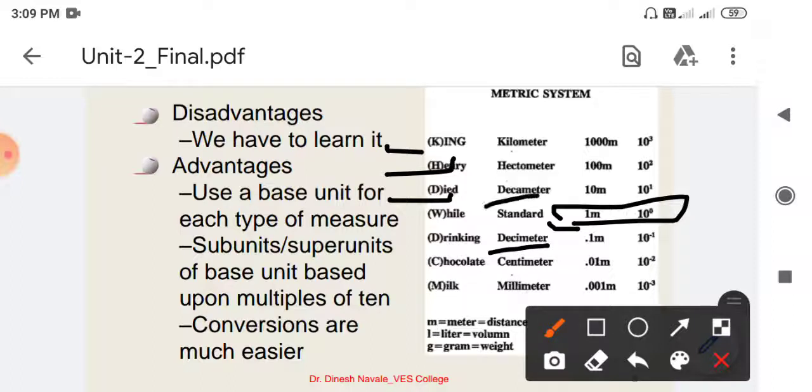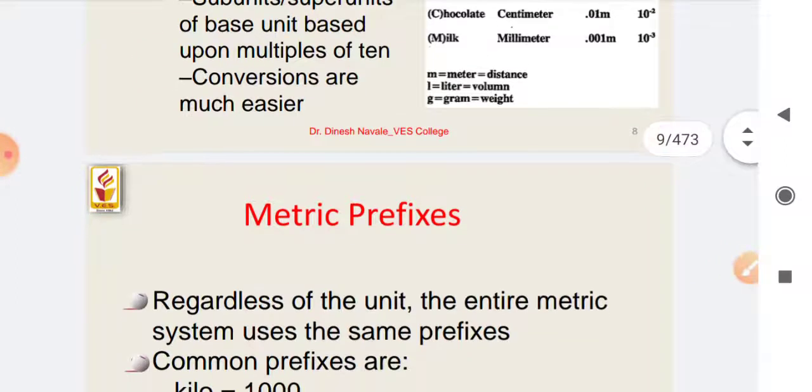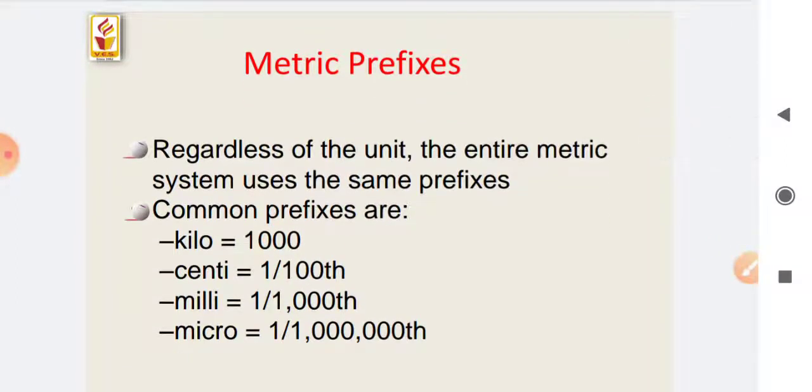Then next is the decimeter. Okay, this is deci, meaning 10 raised to -1 or 0.1 meter. Then centimeter is there, 10 raised to -2 meter. Okay, millimeter, that is 10 raised to -3 meters. Okay, so all of these units use the same type of base unit, and they are integral multiples of 10. So we need not remember the multiplication factor for each and every conversion. We just need to have an idea of how many tens power is converted from one particular unit to another particular unit.